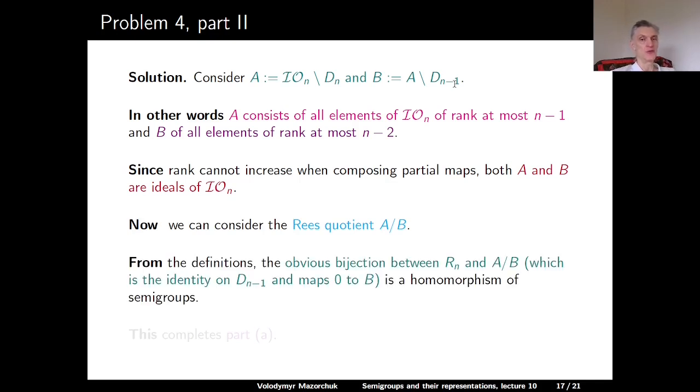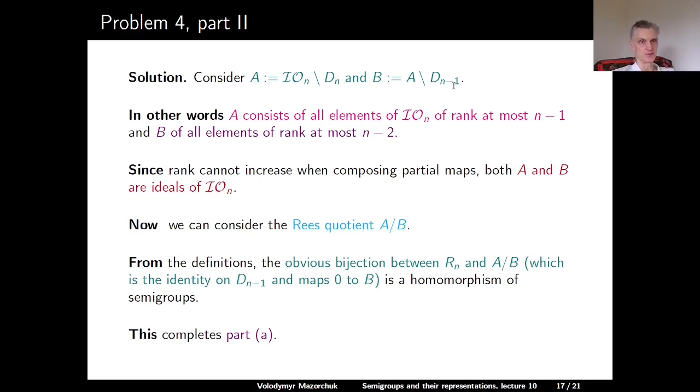And then, of course, we have the obvious bijection between Rn and A modulo B. This bijection is the identity on Dn-1, and it maps 0 to B. And from the definitions, we see that this bijection is actually a homomorphism of semigroups, and this completes part A. So the semigroup Rn is actually the Rees quotient of A modulo B, where A is the ideal of ION consisting of all non-invertible elements, and B is the ideal in A consisting of all elements of rank at most